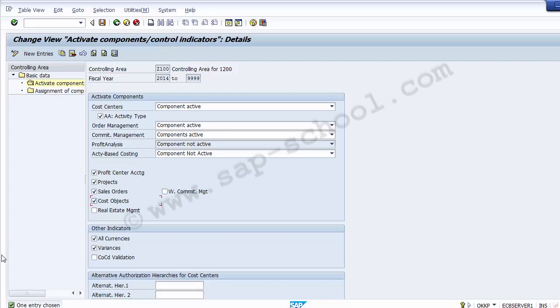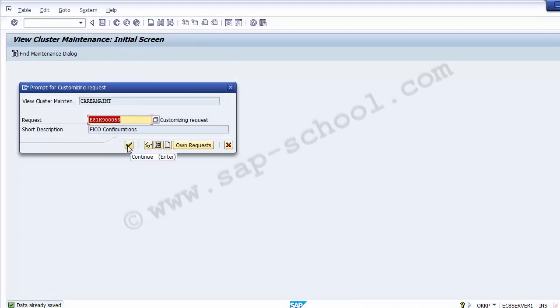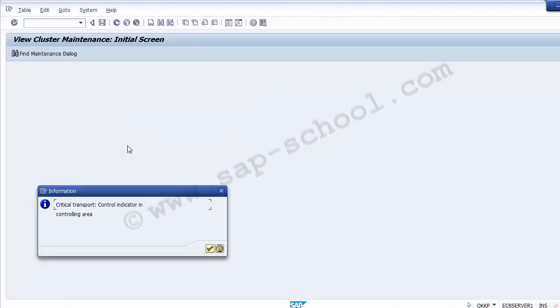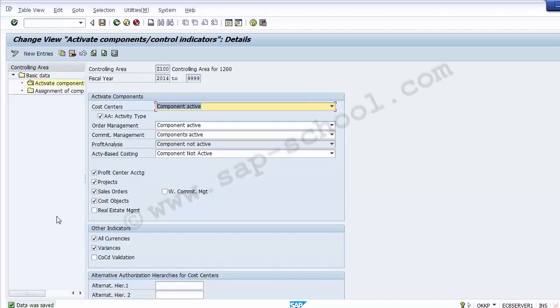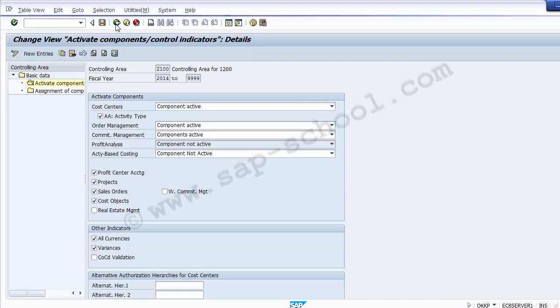Now we can move and we can save the screen. Once we save the screen, the configurations will be saved to the request. As you can see, it has been saved. Okay, so the data was saved, as you can see. So now moving back